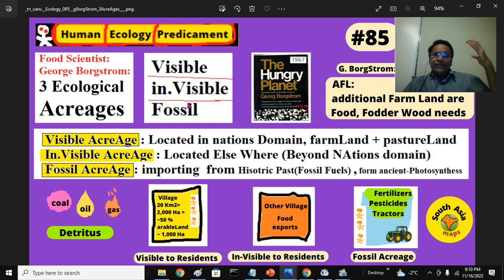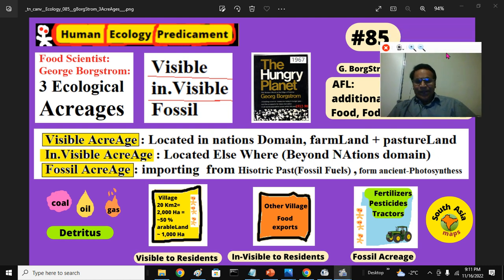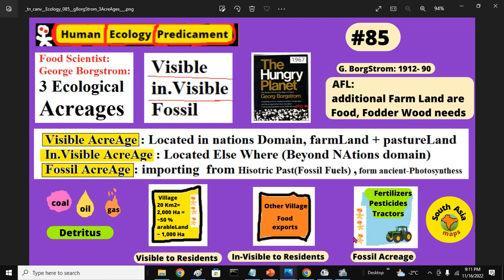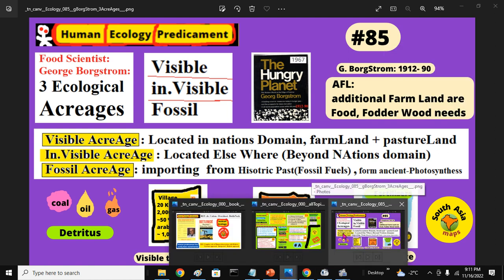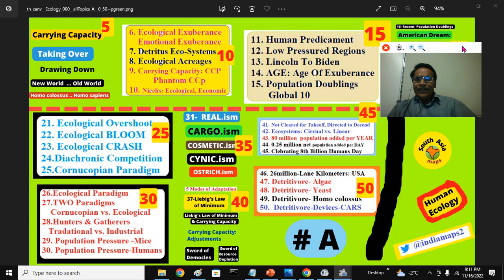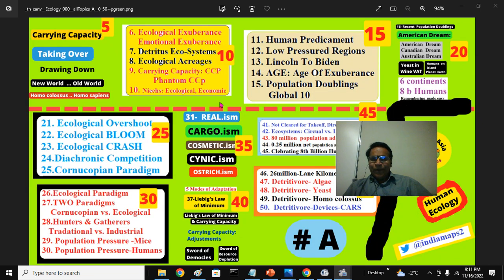Then the fossil acreage, the historical acreage, photosynthetic products, fossil fuels that provide a lot of food and wood and products. If those demise due to depletion of oil drum on the planet Earth, you need to mobilize additional farmland, that is fossil acreage. Hope that this will put you in a very good perspective in analyzing contemporary events, and we discussed all these important concepts in the first 50 or so